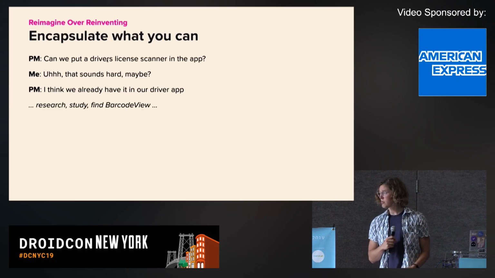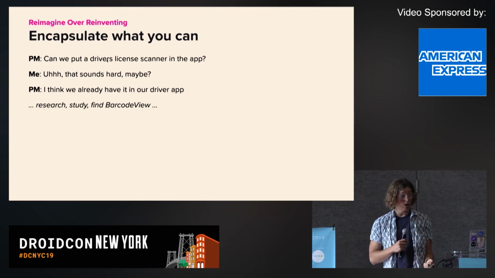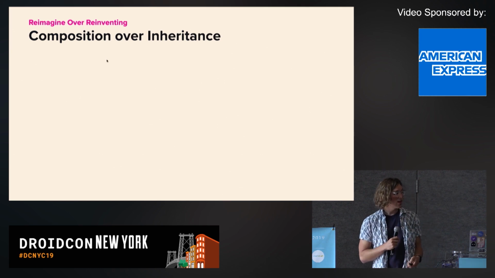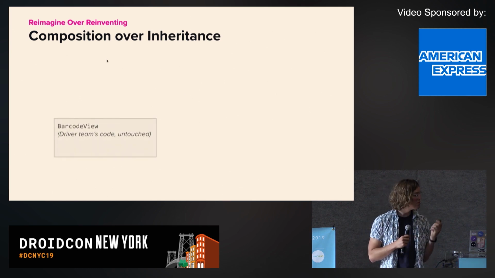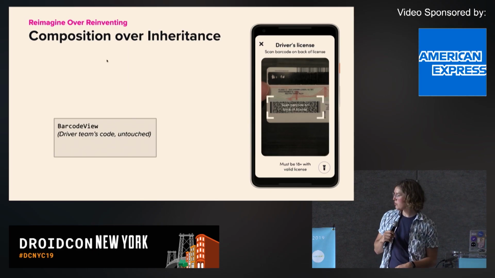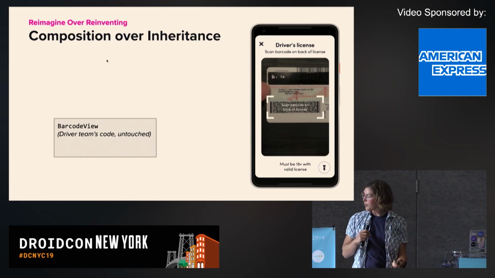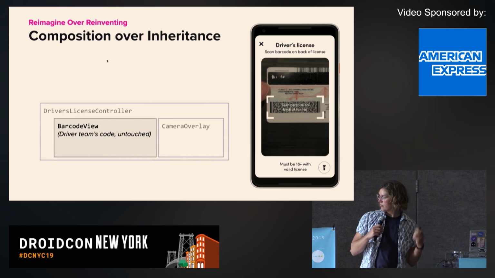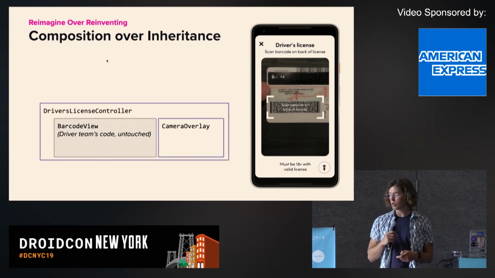But I dug around the code base, and I found this barcode view already made. That was really cool. So then we took a page from composition over inheritance, and we said, how can we wrap this view to work for us? So we took this barcode view, and we needed to get the mock on the right. So we wrapped it in our own overlay to make the UI look correct.